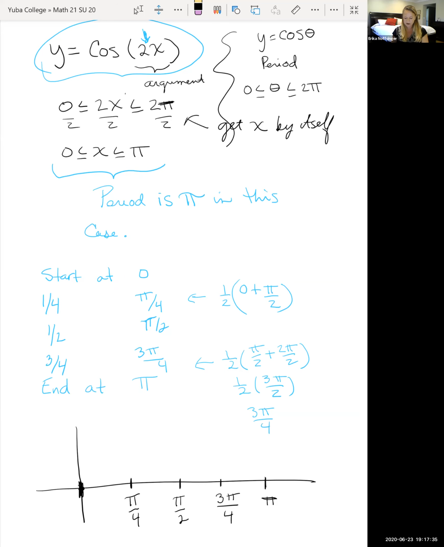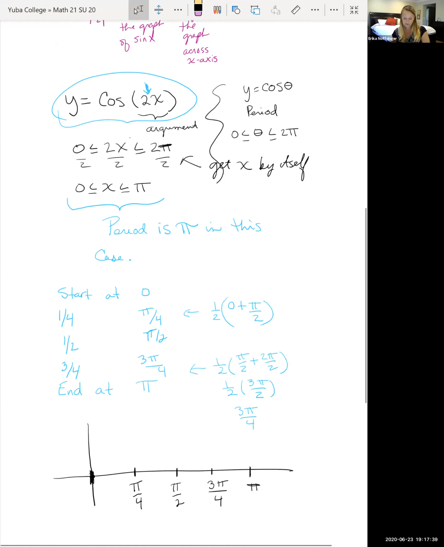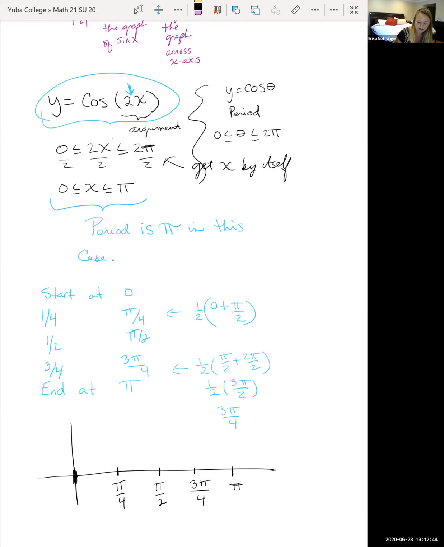I know my whole period of cosine is going to fall in there. My coefficient in front of cosine is 1. I know that cosine of 2 times 0 is cosine of 0, which is 1. So my maximum value is 1. I haven't shifted anything from the original. But now when I get to pi fourths,